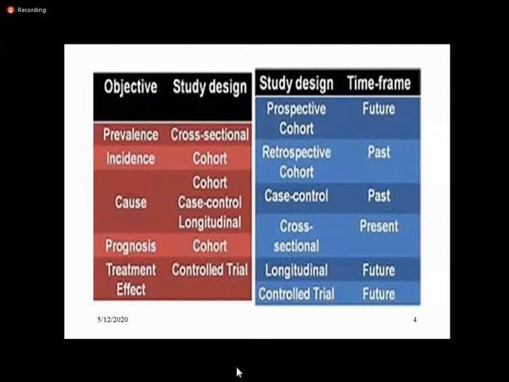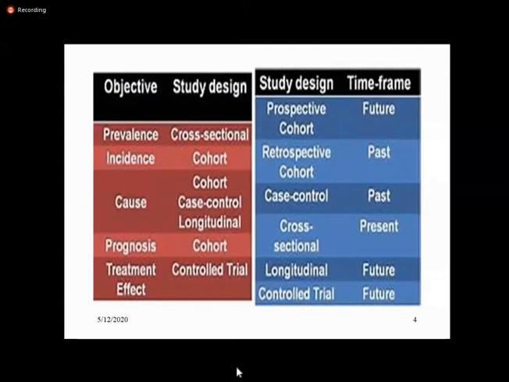But where you have got a good record system, good information regarding the previous exposure of a group of students or persons, you can even do the cohort study in the past, start from the past and follow to the current time or the near future. So for that, the retrospective cohort is a good choice. Always remember, cohort is not only prospective, but retrospective cohort is also present.